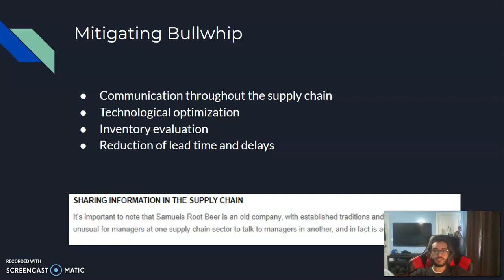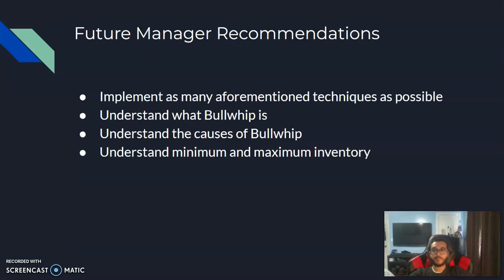The final common technique that can eliminate bullwhip is to reduce lead time and delays. As mentioned earlier, one of the root beer simulation's biggest hurdles and their major cause of the bullwhip effect is the time lead lag. It currently takes 4 weeks from when an order is made to when it is delivered. Currently, if the retailer or another member of the supply chain expects there to be an increase in demand, they have to plan an order 4 weeks ahead, which leads to the costs being accumulated due to having to store the product and such.